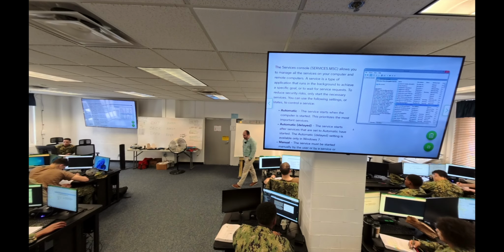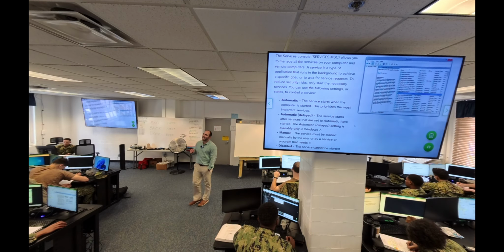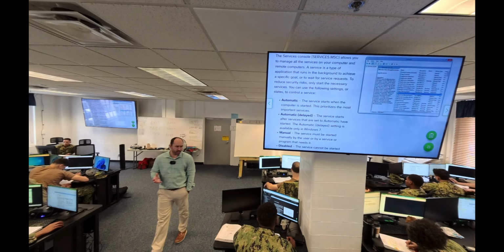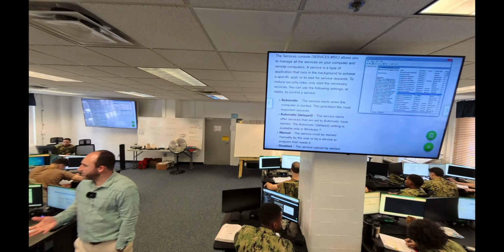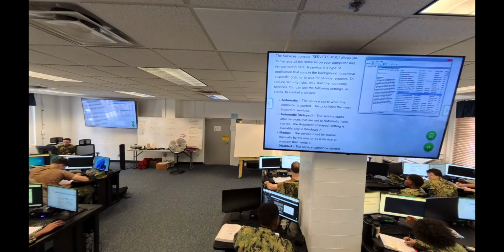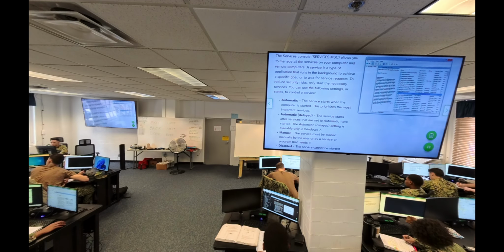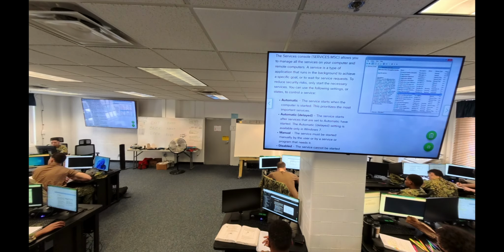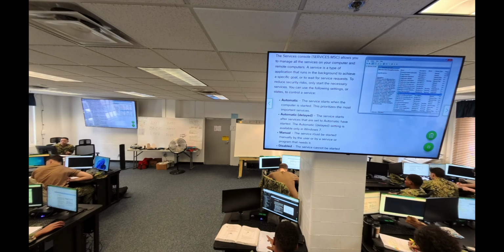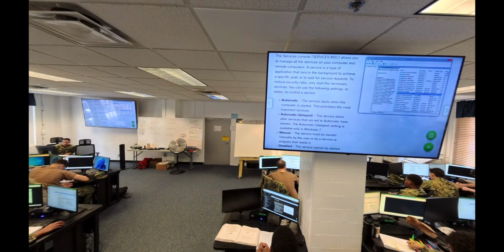Services. These are a type of application. So what applications you think of are usually like Microsoft Word, Google Chrome, etc. Services are a type of application, but services allow you to achieve a specific task or serve a specific function. It runs in the background, right? Like you can see below here on this example, branch cache, which we already talked about, which allows the networked computers to share devices like